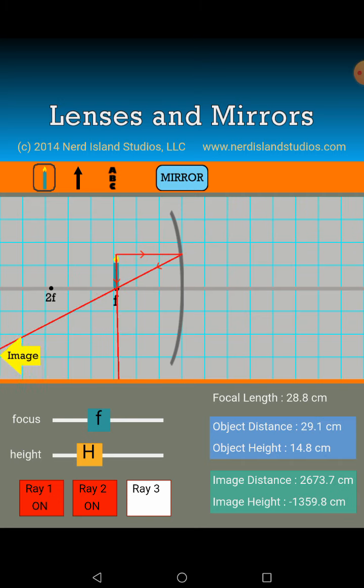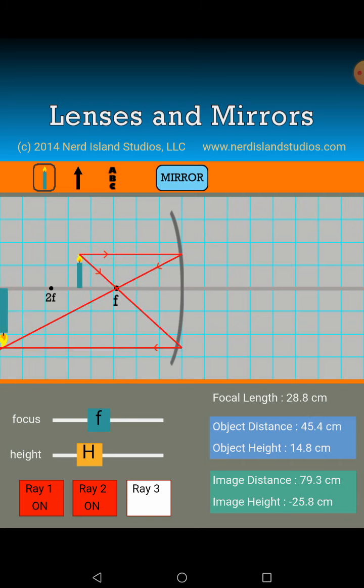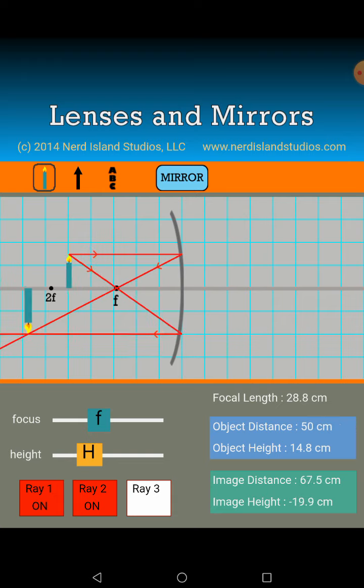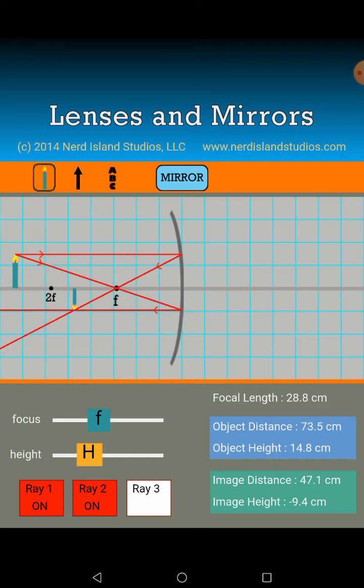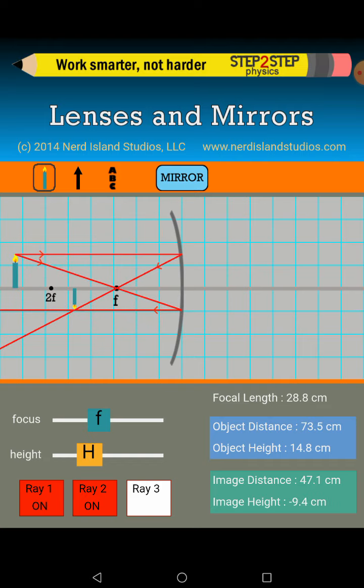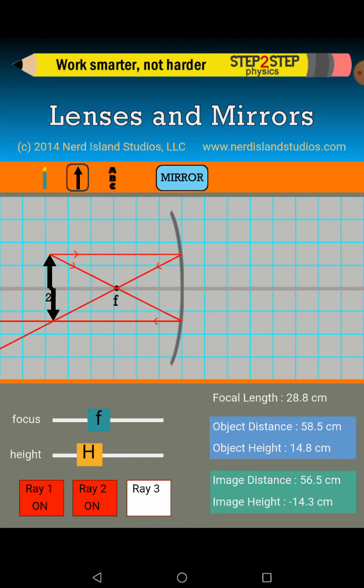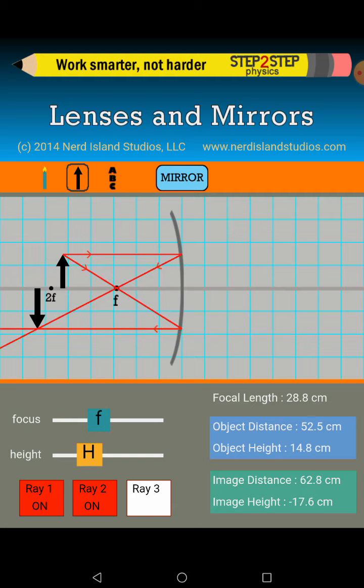At focus it is at infinity, between 2f and f it is beyond 2f, at 2f when the object is kept, the image is also formed at 2f, real and inverted, and when the object is kept beyond 2f, the image is formed between 2f and f. So we can change the object also. There is no change. I have changed it in the form of an arrow, so we can see that this is how the image will be formed. Okay, we all can see just below 2f, same size as that of the object.